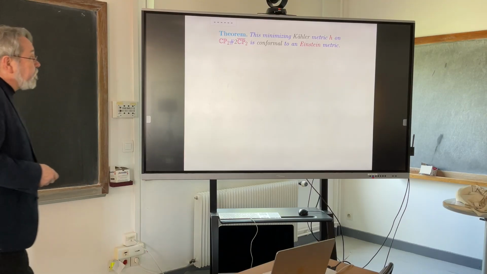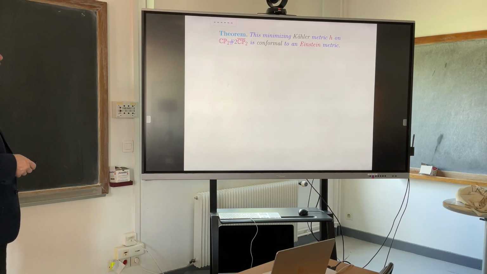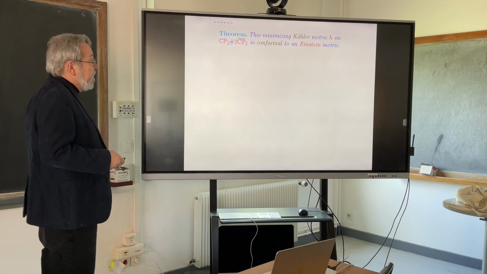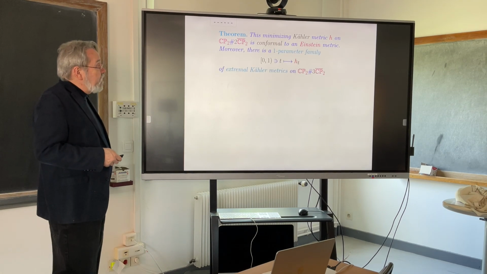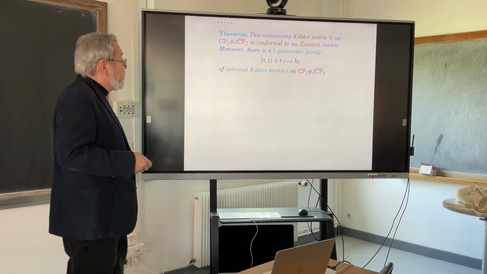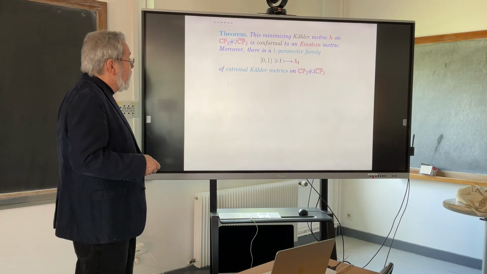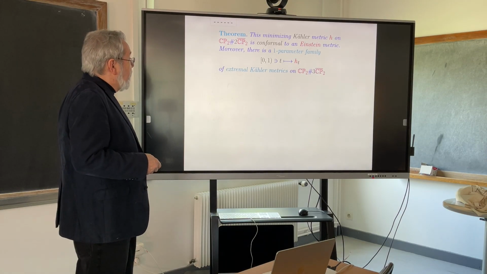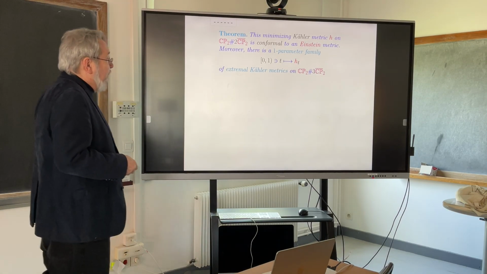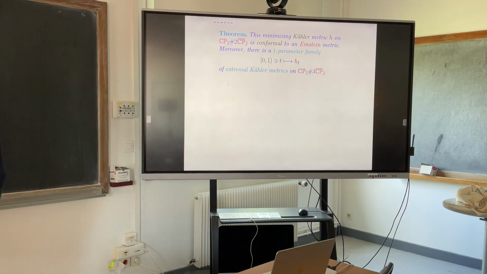So the main statement is that on CP2 blown up at 2 points, there is an Einstein metric which is conformal to a Kähler metric. And you can actually get this one way. So this is the first time. I originally, in collaboration with Xiuxiong Chen and Brian Weber, proved the existence